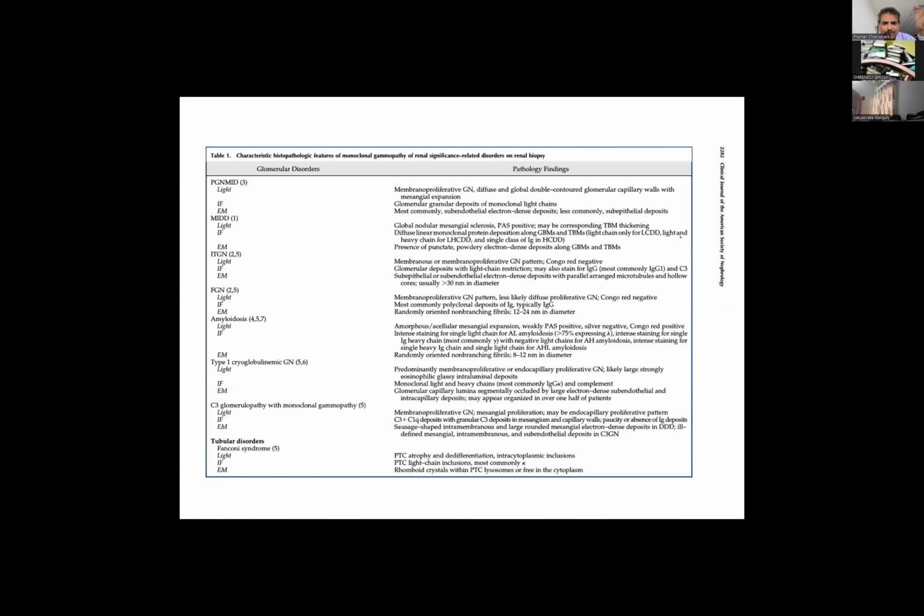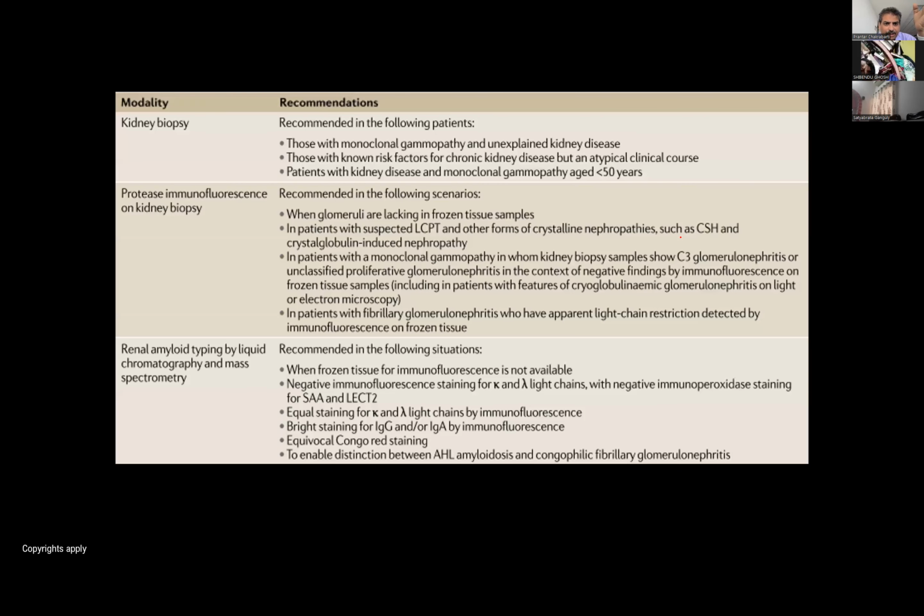So I'm not going into histopathologic pictures and all. Where is kidney biopsy recommended? Those with monoclonal gammopathy and unexplained kidney disease, right? There might not be fractures, there might not be hypercalcemia, there might not be anemia. Those with known risk factors for chronic kidney disease,